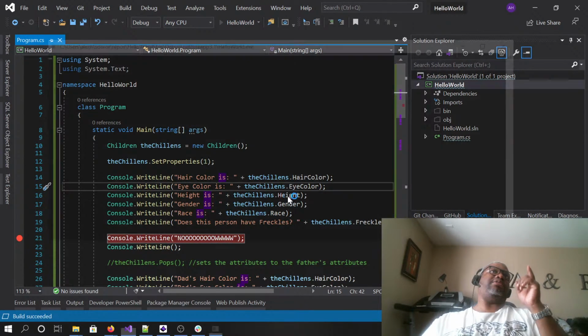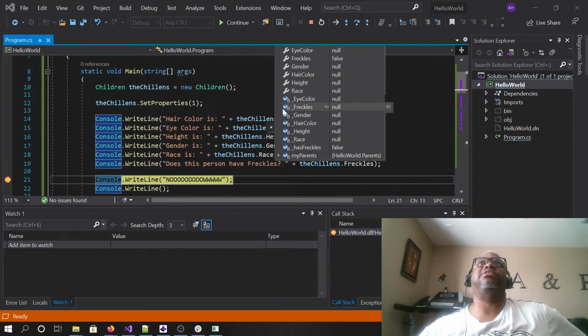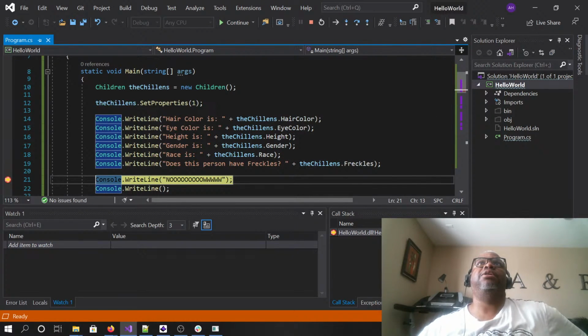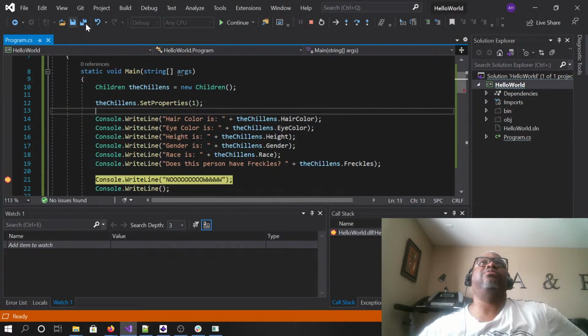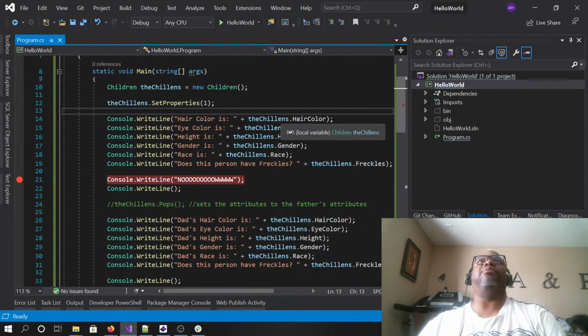So we're going to debug this, and we can hover over here. Nope, there's nothing there. And the reason why is because we're not moving the values over there. But if we look over here in the chillins, we've got that information here, right? So what I can do, since this set properties is a parents class, or it's returning a class of parents,